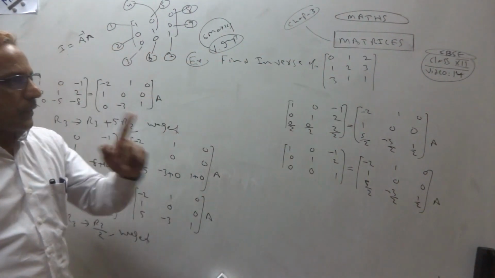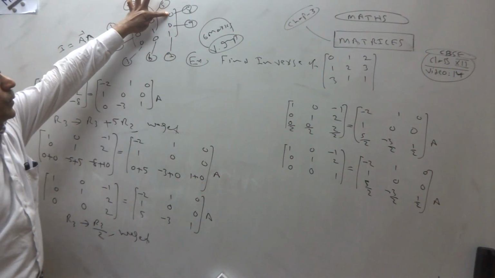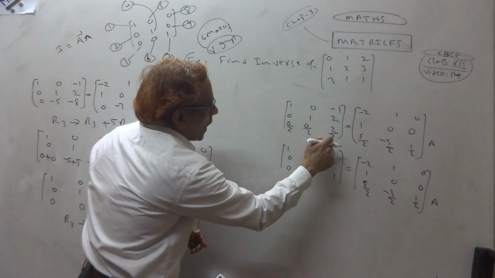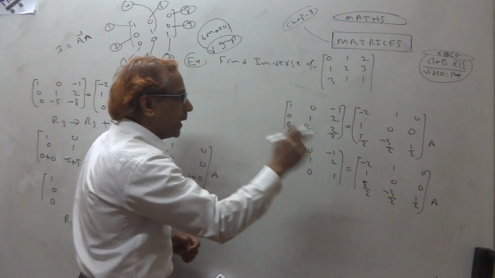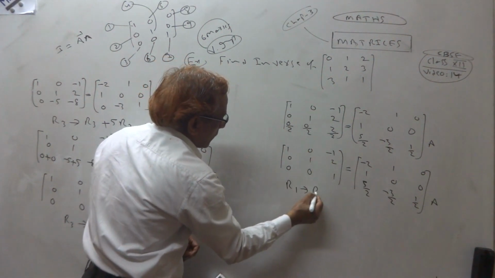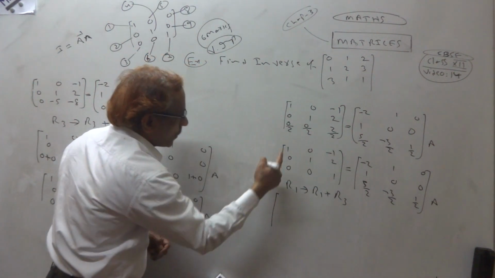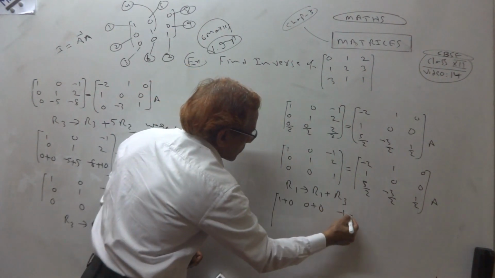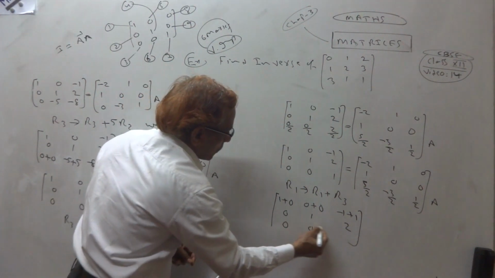Clear? Now see, you got 1 here. Now finally I have to get 0 here. So you should think, how can you get 0 here? R1, see we just made 1 here, right? Now we should take the help of that one. So R1 plus R3. What do I get? Minus 1 plus 1, I get 0. So R1 plus R3, 0 plus 0, minus 1 plus 1, 0, 1, 2, 0, 0, 1 is equal